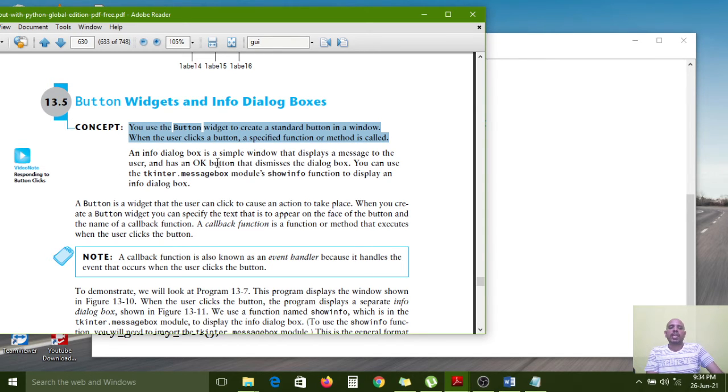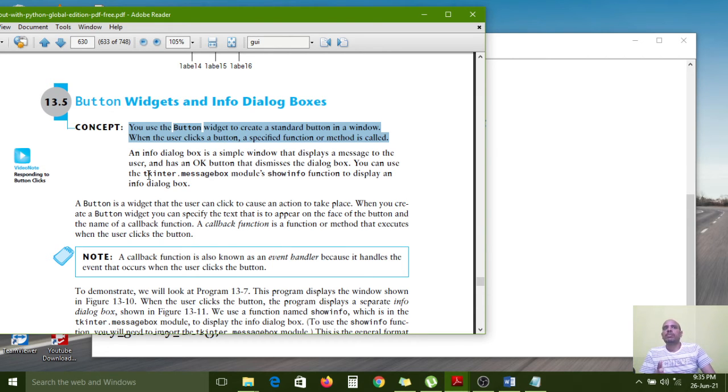So an info dialog box is a simple window that displays a message to the user and has an OK button that dismisses the dialog box. You can use the tkinter.messagebox module and the showinfo function to display an info dialog box. If you want to display an information dialog box, you need to import this module. Till now we have imported the tkinter module.